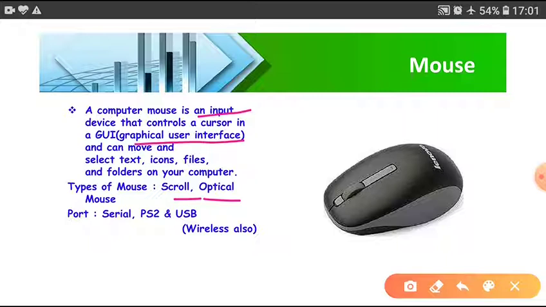Mouse pointer moves on the basis of movement of light. Okay. Now port, serial port, PS2 port and USB port. These all ports are available in mouse, and nowadays wireless mouse is also available in market.